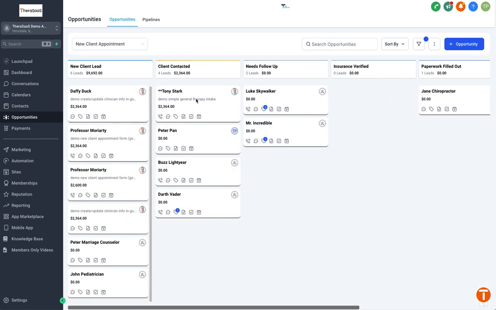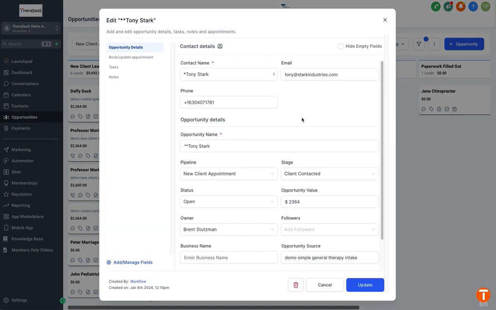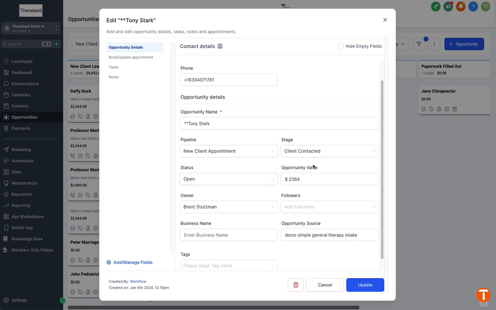So if we go ahead and click the blank space again, without dragging them, just clicking it, it will show you the details of that opportunity. So we have here this Tony Stark, currently in the new client appointment pipeline, in the stage client contacted. From here, again, one way that we can tag an opportunity as won, lost, or abandoned is by dragging them